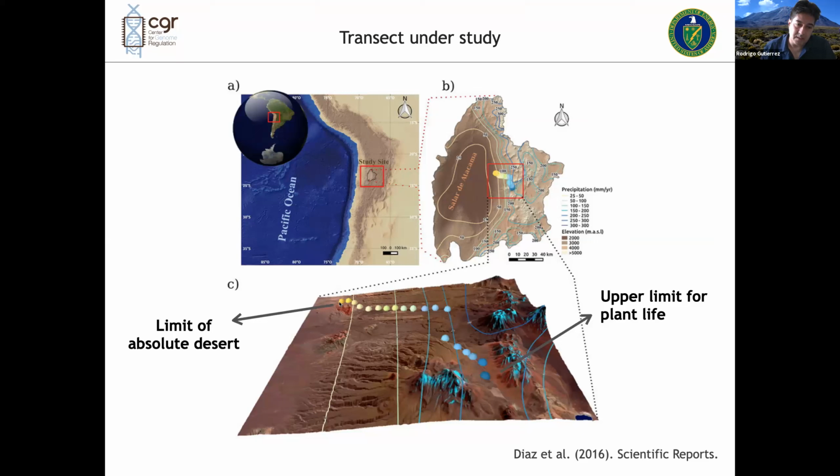And in fact, we've completed this transect all the way to the coast, to the Pacific Ocean, and we do not find any more plant life below this altitude. Now, if you go towards the mountains, as you go up, as I said, water increases, but also temperature decreases. And this imposes another limit for life, especially for plant life, which is where temperatures are very cold. And so within these two limits, plants can survive, and we've been monitoring diversity and studying these ecosystems over approximately